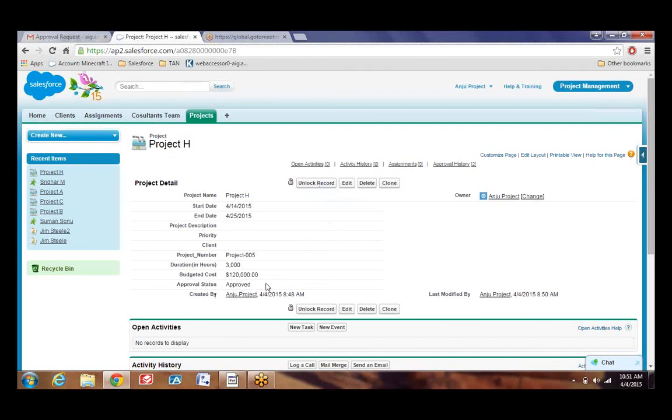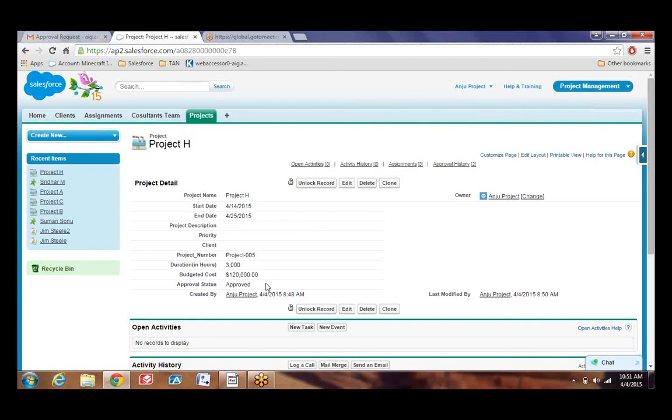Any record which is approved stays locked only. It does not get unlocked, because the logic is, anything which has been approved by the approver should not be allowed to be edited. Otherwise, what will happen? You will apply for a leave for 3 days, your manager approves that 3 days leave, and then you will go and edit it and make it 7 days.